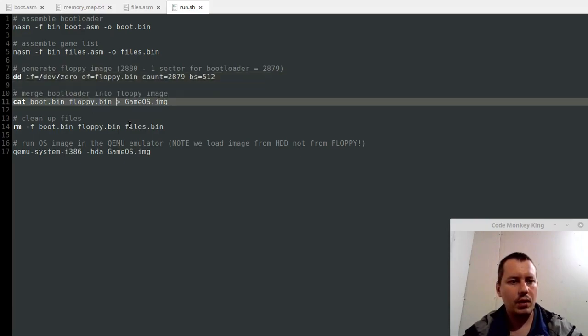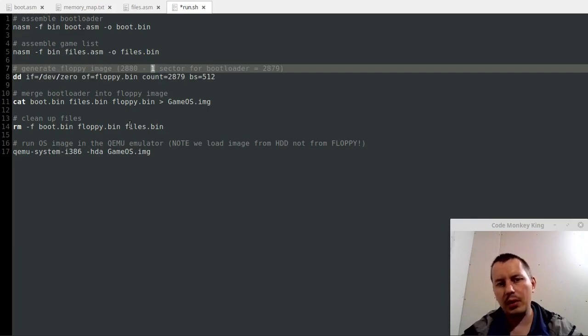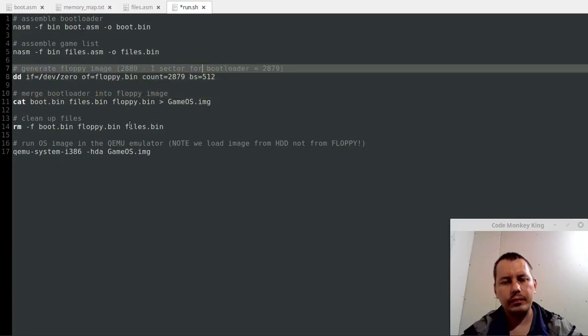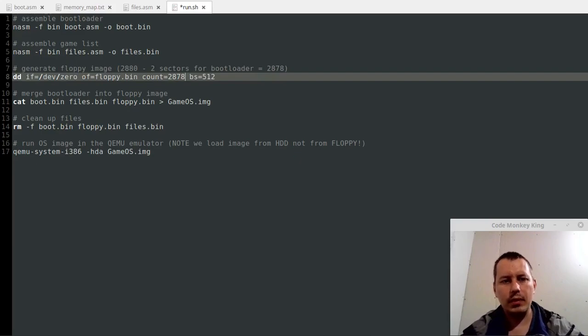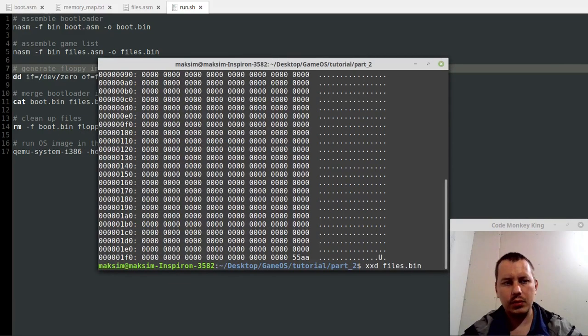Okay, so cat here. So here we want to add files.bin, but there is an important point. So here we had subtracted one sector for bootloader. Now we need to subtract two sectors for bootloader, one for bootloader and another one for this files. So for, let's say, -2 sectors for boot, and it would be like this. Okay, so like this for bootloader and files. Okay, and yeah, so